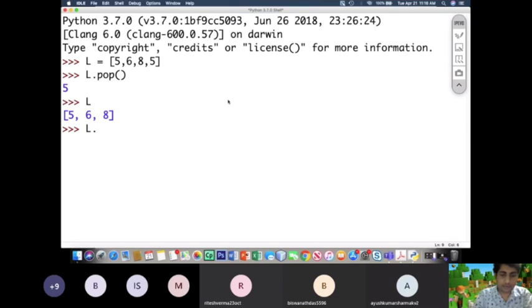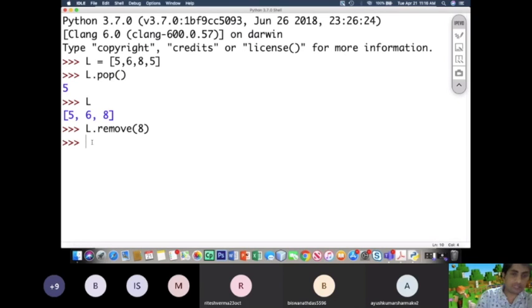If I am writing L.remove, and if I am writing 8, say suppose the last element, it simply removes that element, never going to return that element. Whereas pop has shown you what it has removed, right? As soon as we issue the command L.pop, it shows us what it popped out. That means it is removing the element as well as showing it back. Whereas in case of remove, it only removes the element, never returns it back.